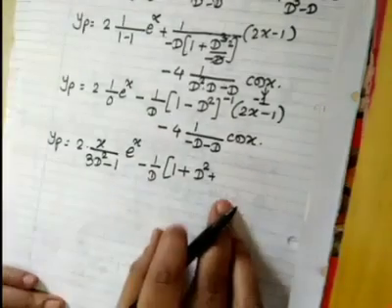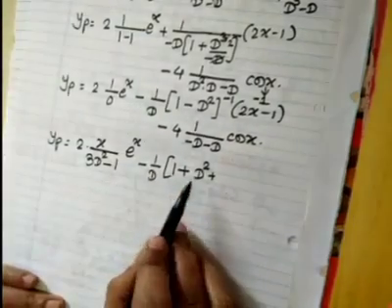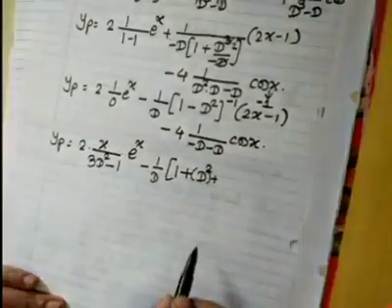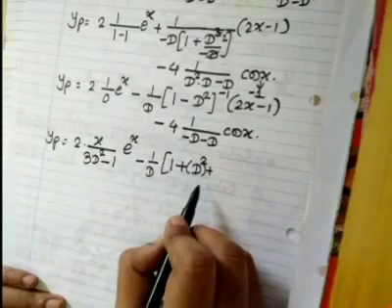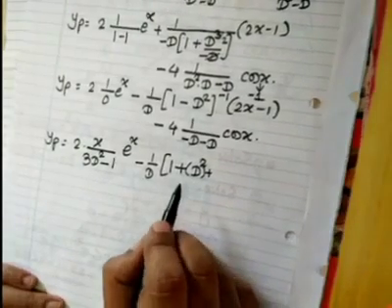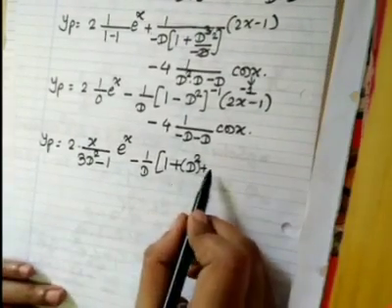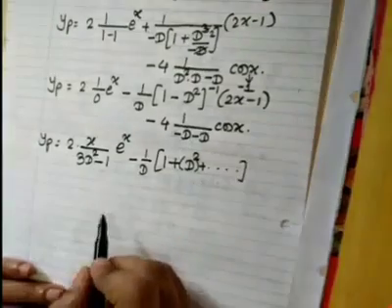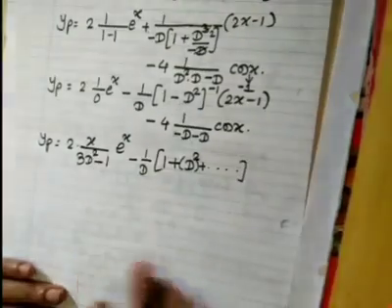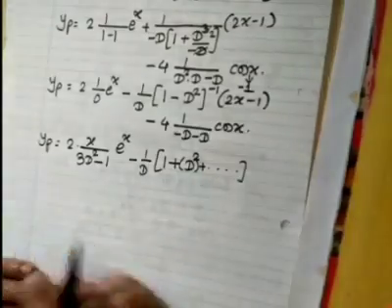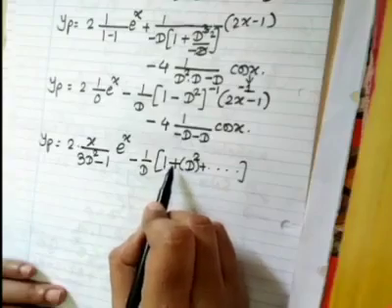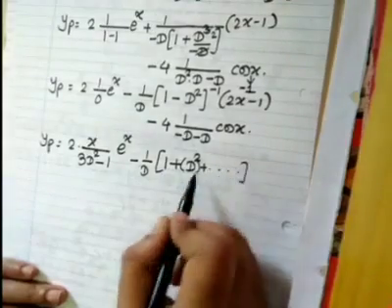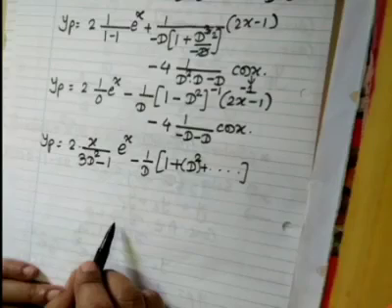But yes. My question is, is it possible that I will not write that term? Is it okay if I write plus so on here? Why am I not writing the plus x square term? I have just written 1 plus x, and plus x square I have written as so on. Why is that?